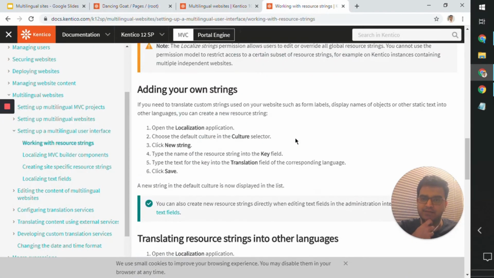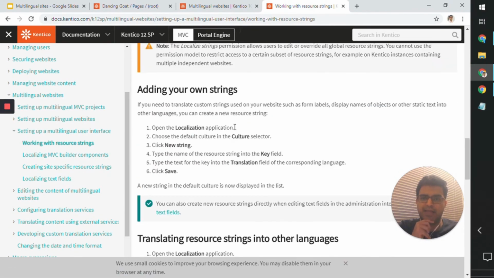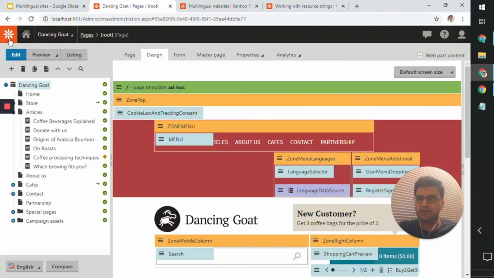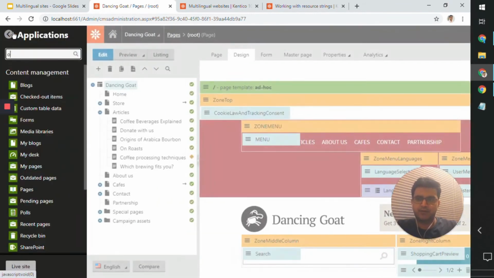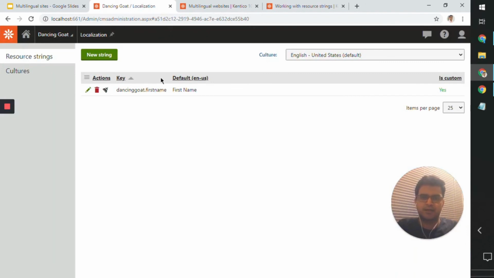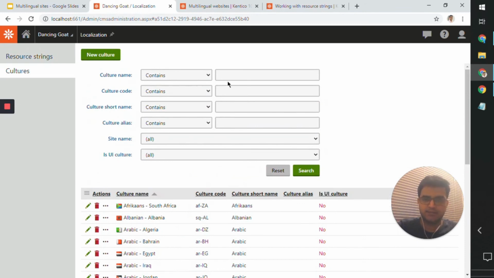So what it says over here is you can add your own string, which is under the localization menu. So if I close this for now, and click on localization, I can see that there's a resource string which is just the first name, and in cultures, if I search for Spanish, for example,